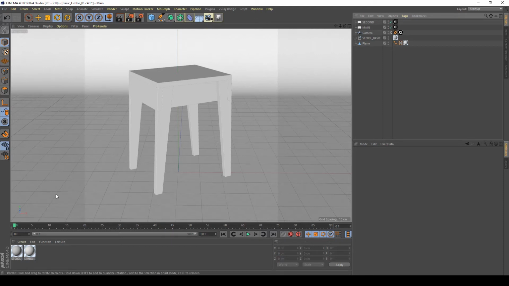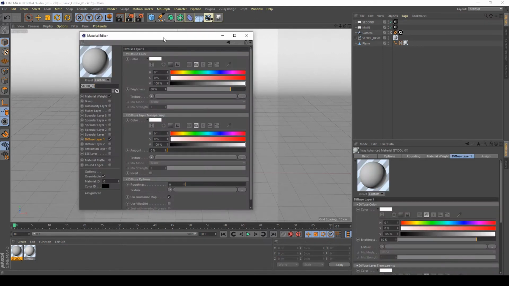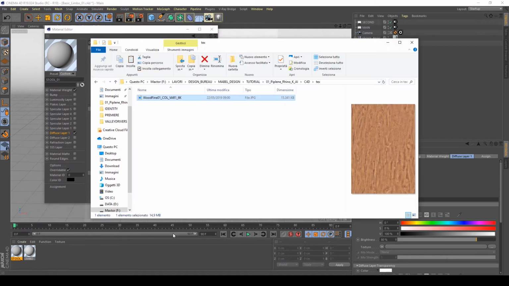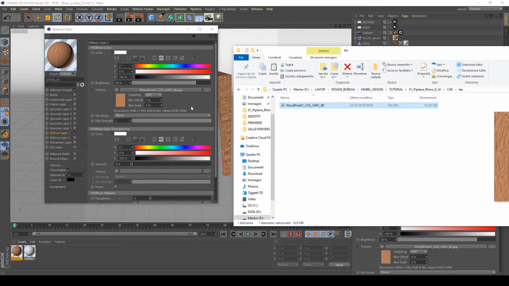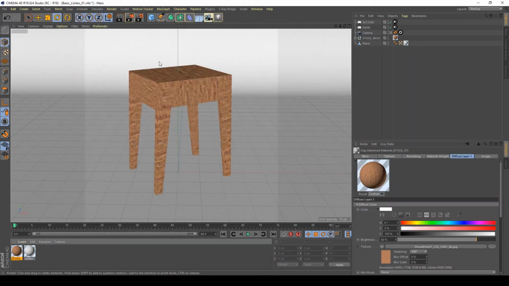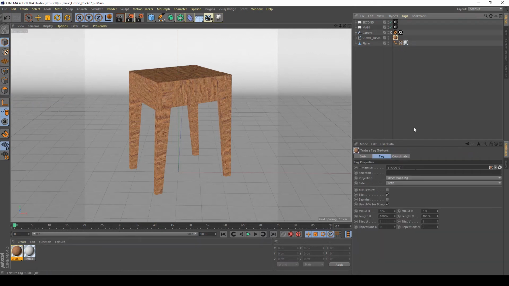Now we have to create the material for the wood of the stool. So with my texture, feel free to use whatever texture you want for the wood. I apply it on the diffuse channel of my Stool 01 material, Vray Advanced Material, already assigned to my Stool basic. Okay, this is a simple way to